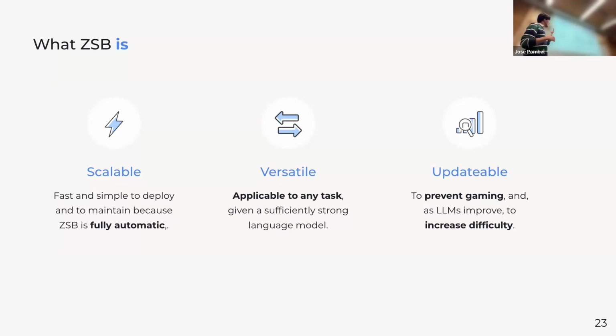Because it's scalable, let's say you create a benchmark like this. Then you use it for a while, a couple of weeks, or maybe a couple of months. But then models improve in your task, and you do some sort of model training, and you become too good for the benchmark. No problem. Create a more difficult benchmark. Learn from what your model can already do and what it cannot do. Adapt the prompts and create a new benchmark.